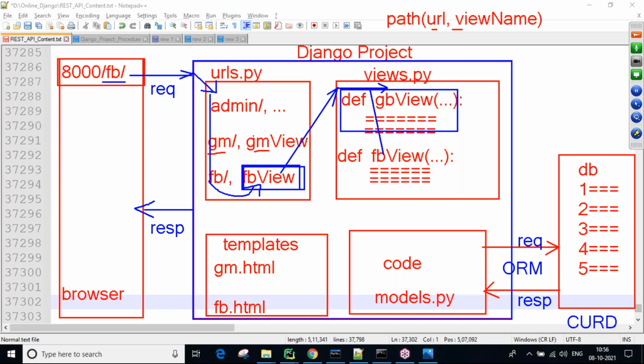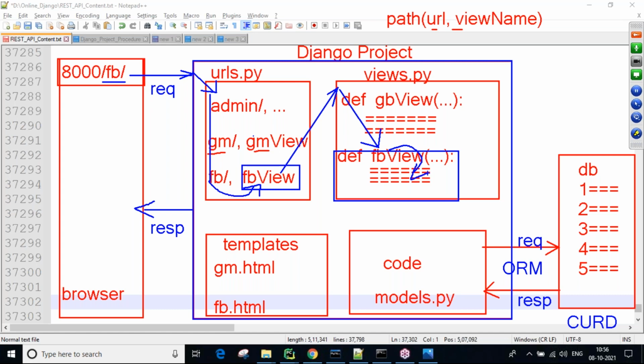All of you understanding? So from the views.py file, it checks whether the requested view is available or not. If available, that is executed, checking from top to bottom. Now the fb view is matching here, so this view-related logic is executed. The cursor jumps into the view, and whatever you want, you can do it.